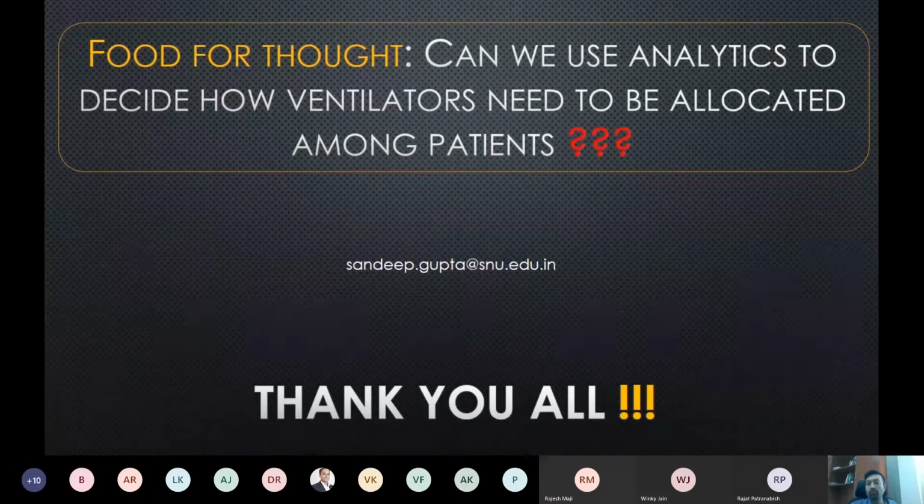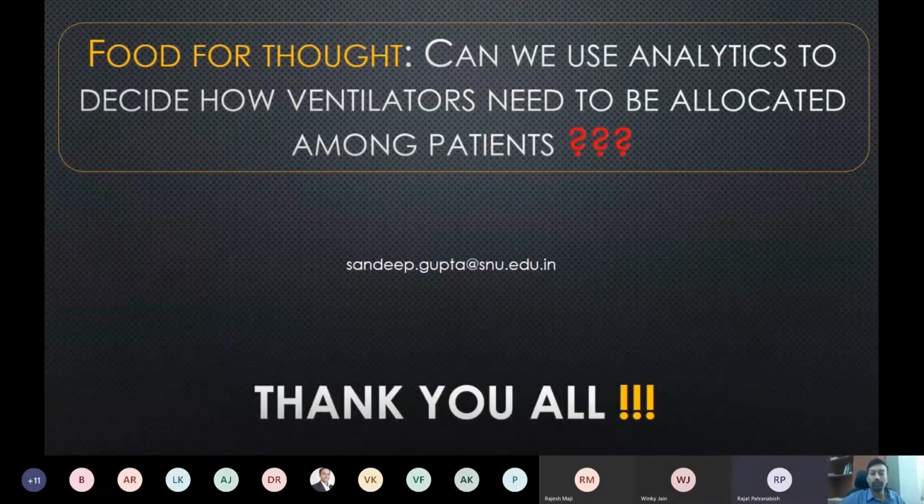For that poll, where I mentioned comparing the use of analytics in healthcare with self-driving cars, somebody has written yes, it can be compared to some extent, but not fully. Definitely we can't hand over a patient to a machine, right? That is not acceptable even to doctors. They might take it on their ego. But I have received responses. Definitely this is an emerging field, and I'm also working on it, exploring this.